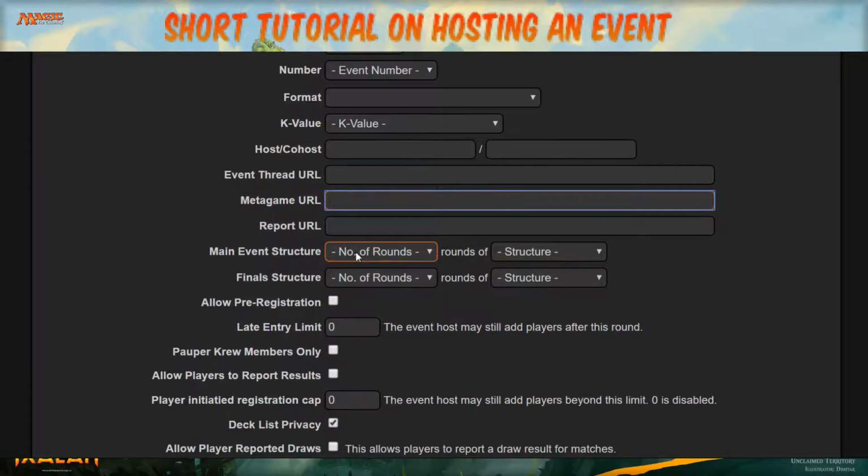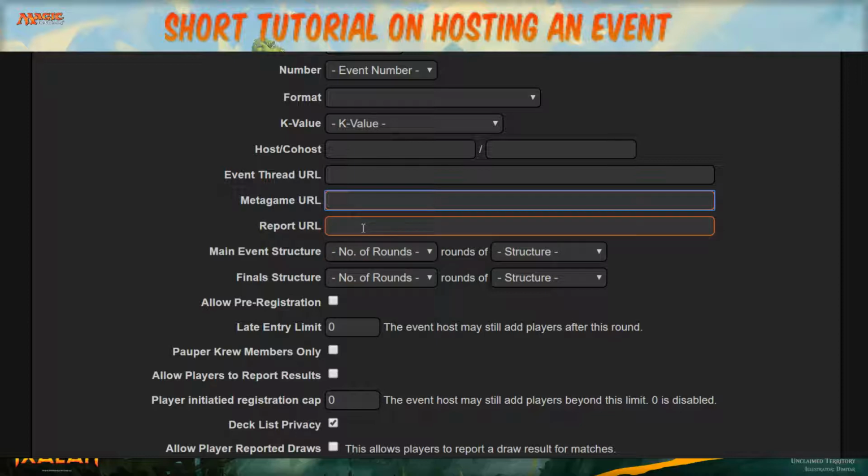Metagame: Gatherling has its own metagame page. So if you have an outside website, outside of Gatherling, that compiles your metagame, you can put it here, or else you don't need to put anything, and then you can use Gatherling's metagame feature. Report: usually we don't use this because we are using Gatherling's reporting system. Okay,